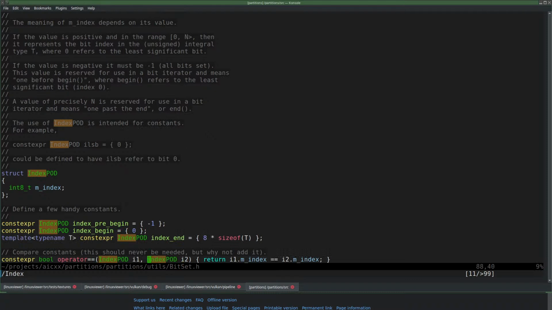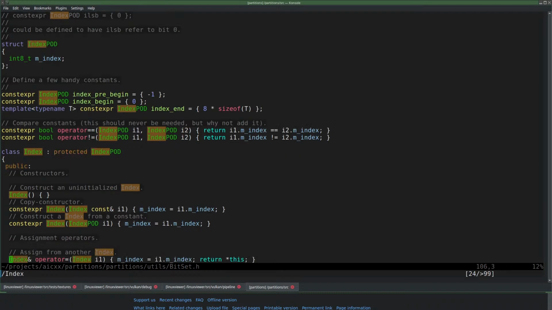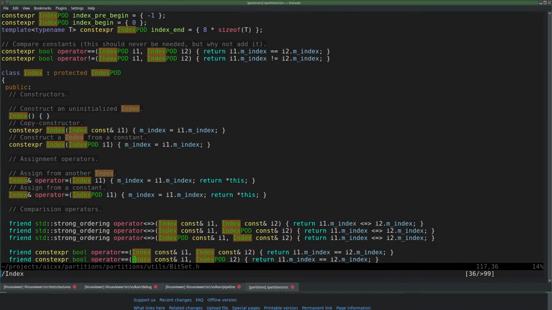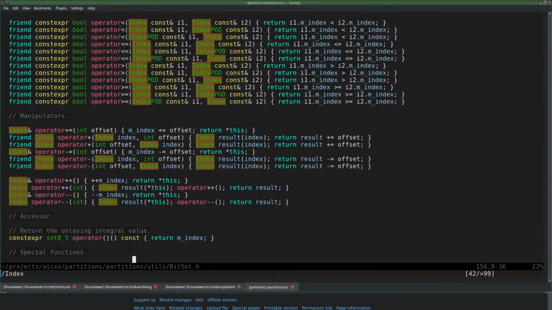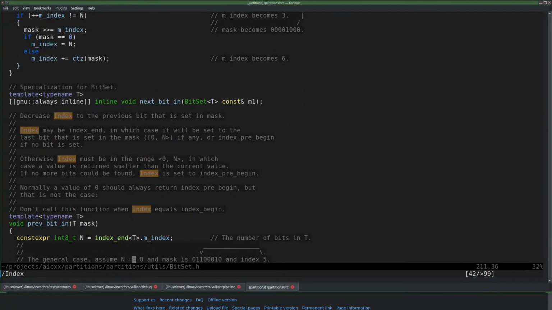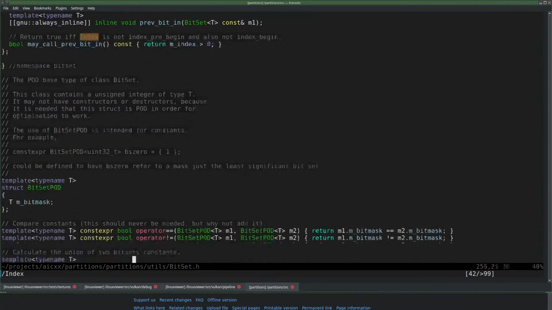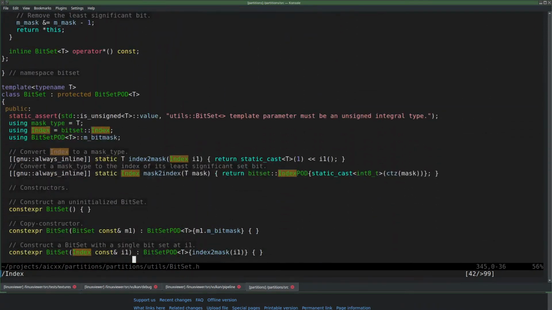So the index is going to be used, and then I guess I have another wrapper for that, being the iterator. So bit set index is the index.